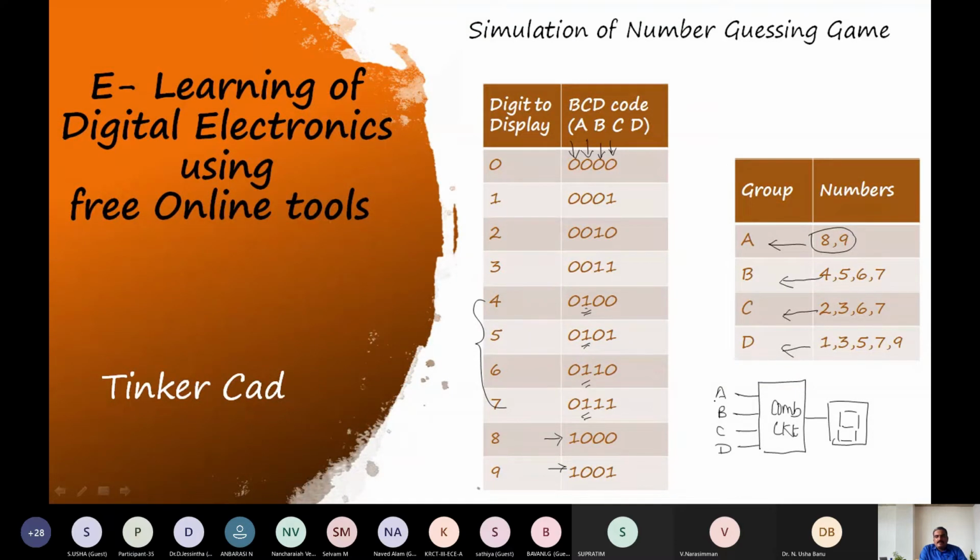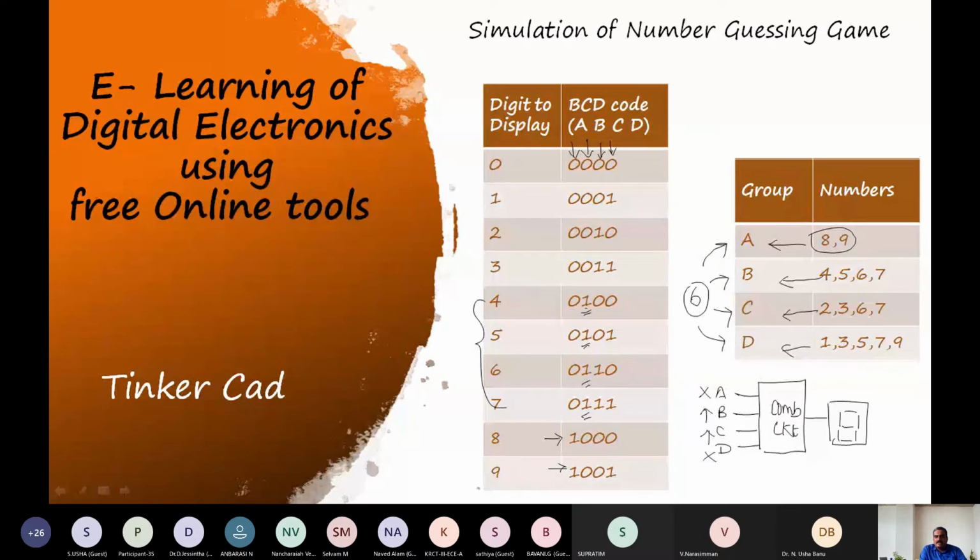Say the user is thinking of 6. We ask whether it is in group A. As it is not, we switch off A. The 6 is in group B, so we switch B on. It is also in group C, so I make that on. It is not in group D, so I switch it off.